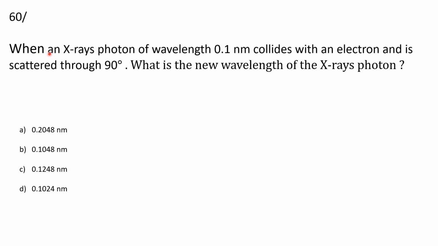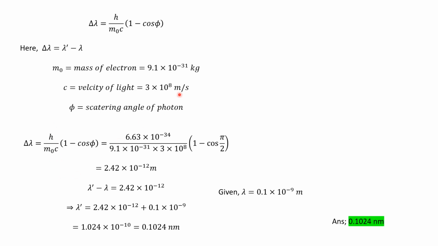Then when an X-ray photon of wavelength 0.1 nanometer collides with an electron and is scattered through 90 degrees, what is the new wavelength of the X-ray photon? And here the options you can see, and here is our solution, that is Δλ is equal to h by m naught c into (1 minus cos φ). Here Δλ is the difference in the wavelength, that is λ' minus λ,